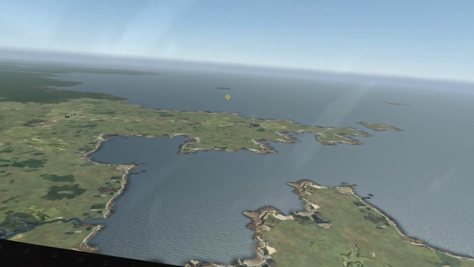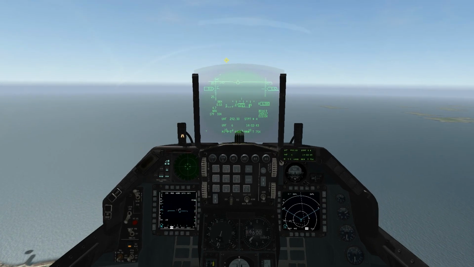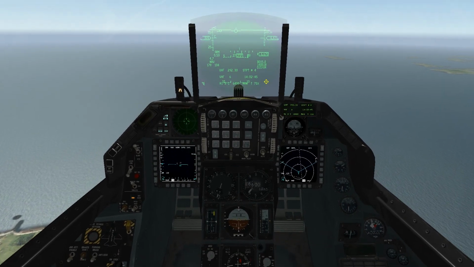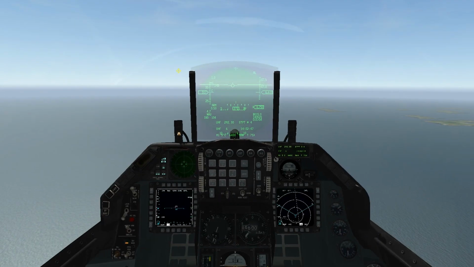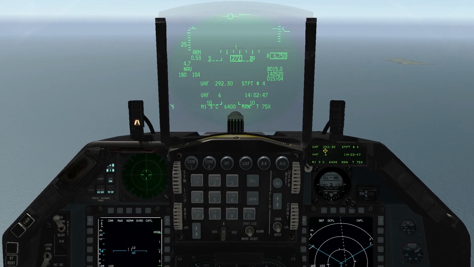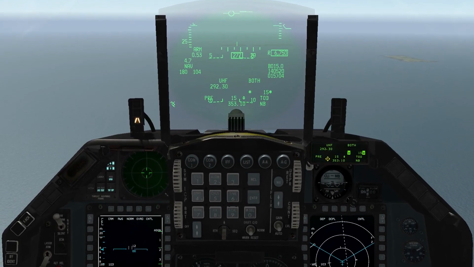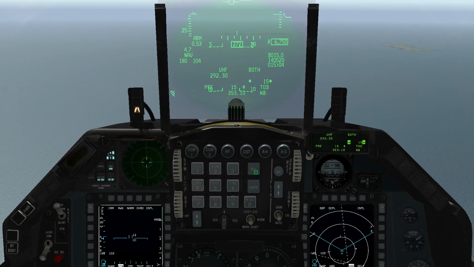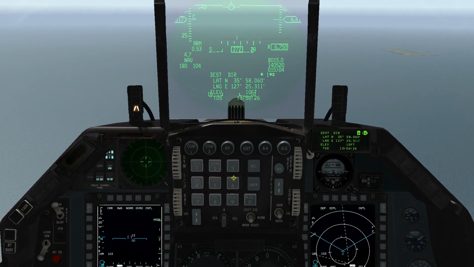So this is going to be a day VFR ILS assisted landing, meaning that I'm going to visually land the aircraft, but I'm going to be using ILS assistance to get me vectored onto the base. Let's go and pause it here and talk about a couple things that I'm going to be doing. First off is setting the frequency for the tower, which you can do by hitting COM1, UHF 292.30. That's for Kunsan. And then next, setting up your